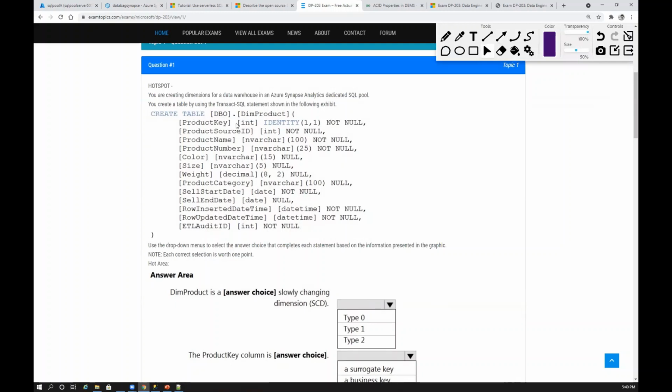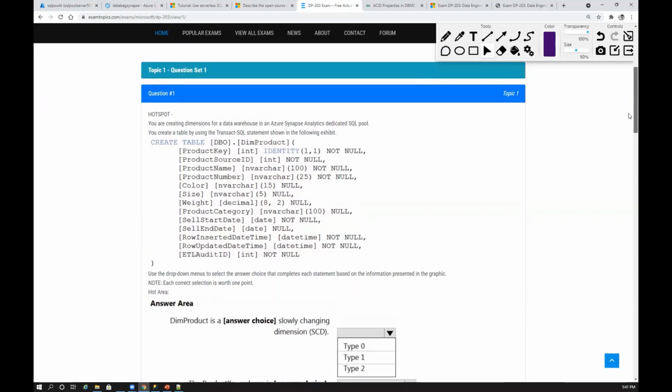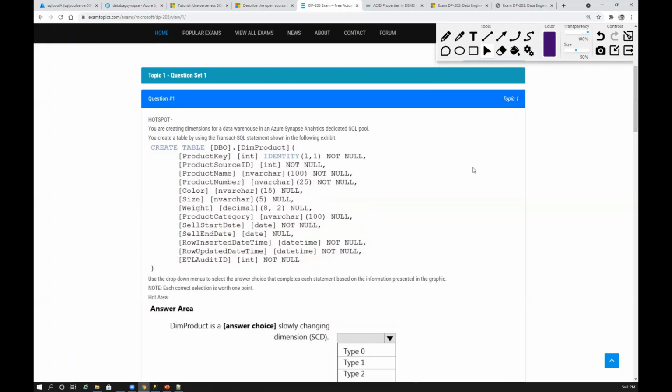Create table dimension, product key, which is an identity key. One other important piece of information which I think I missed is the surrogate key. Surrogate key is really important. Just as you have what a primary key is, what a foreign key is, what a composite key is, similarly you'll also have a surrogate key. A surrogate key is a unique number, a sequence number which gets generated. For row 1, it will be 1, for row 2, 2, 3, 3, 4. It's like an automatically generated sequence number. Usually surrogate keys in SQL Server will be defined with an identity field. Identity 1,1 means it is a surrogate key. So on product key, they are creating a surrogate key.